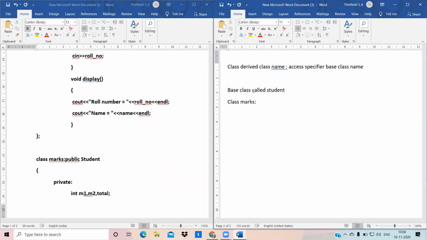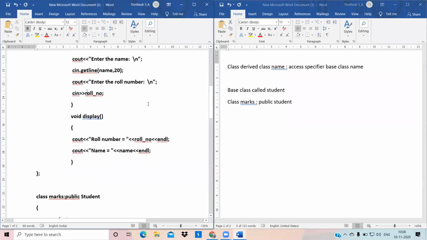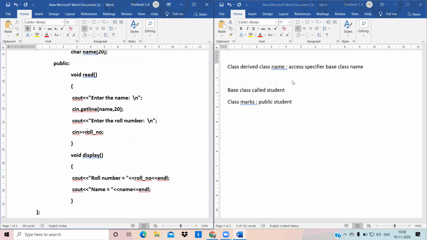The access specifier may be of three types: private, public, or protected. Here I'm going to use public, followed by the base class name, called student. This is how we are going to create a single level inheritance. What does it say here? The properties of the base class. What are the properties of the base class? The properties of the base class are nothing but the data members